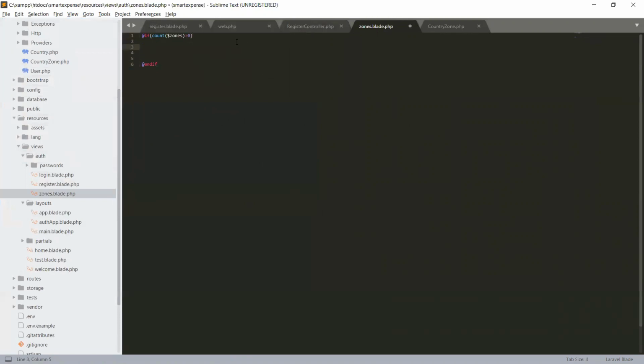and we will iterate option, and we will say choose state, and the value will be null. Okay, after that we will iterate using foreach,